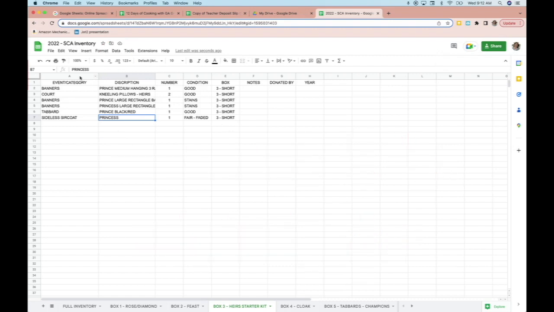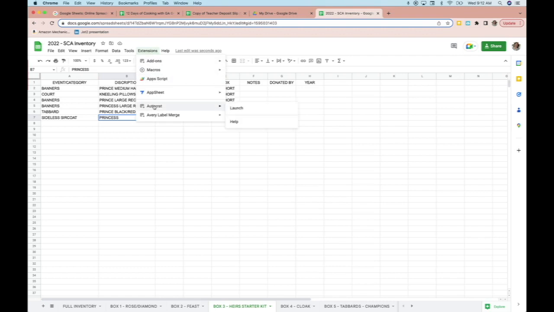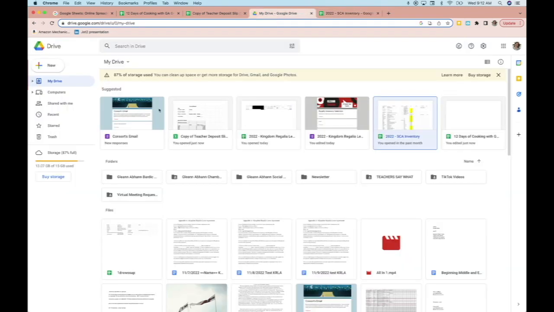The only thing that I will say is that there is a really cool extension. Once again, if you watched my Google Forms, when you fill out a Google Form, you can automatically make a Google Sheet. And then from your Google Sheet, you can connect that to your Google Docs using the extension or add-on called Autocrat. That is a whole another ball game. But I will tell you that with Autocrat,